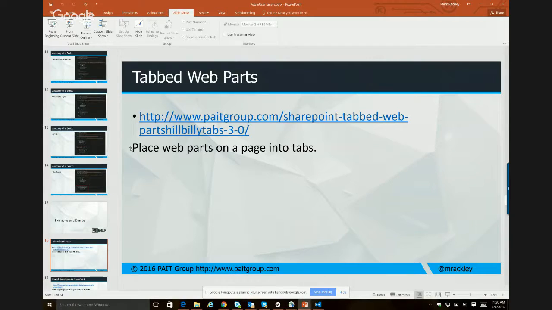Okay, so the first thing I want to do is probably one of my most well-known blog posts, and that is putting SharePoint web parts into tabs. I probably get the most questions about this one, and people seem to know this one the most. So let's go ahead and show this in action so you can see how this works. So if we go to the website,